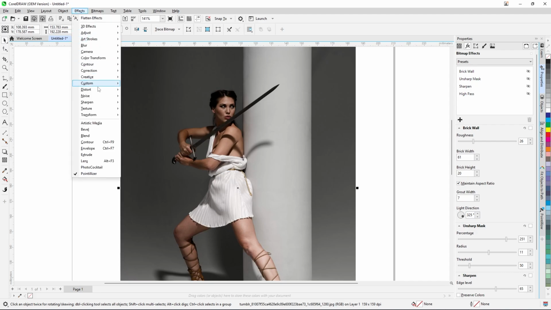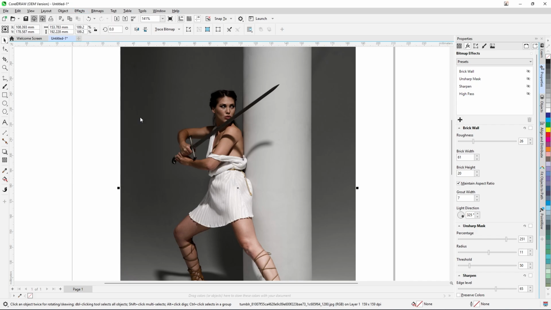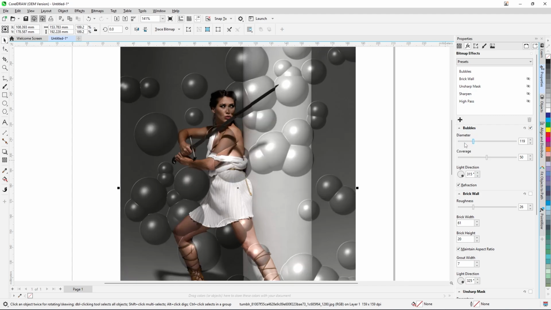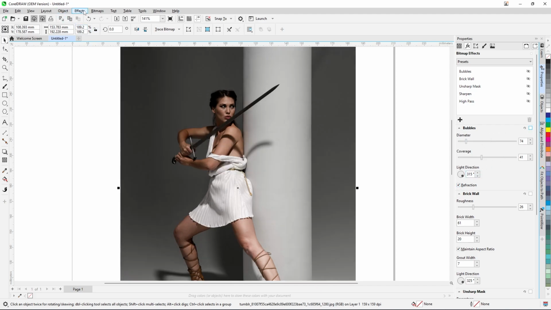and from effects again, the bubbles. Yeah, and the diameter, the bubbles diameter can increase and decrease, and the coverage, this is the coverage. Refraction, this is the refraction. Uncheck this one, and from effects again,